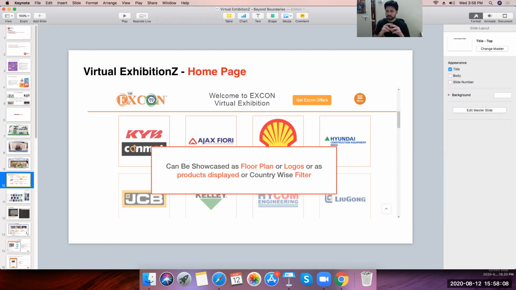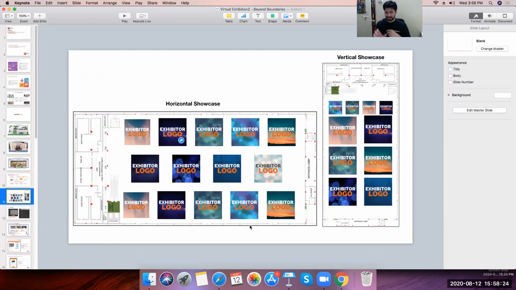It can be shown in 2 to 3 ways. One, only exhibitor logos on the basis of the packages they have taken. So sponsors first, then the second line, the gold, the platinum, and so on. Two, we can show it in a format of a floor plan. No, this will not be the landing page, Prasad. The landing page will basically be the information about the exhibition. When a person logs in, it will take him to a virtual lobby, you can say. Exhibition entry and lobby.